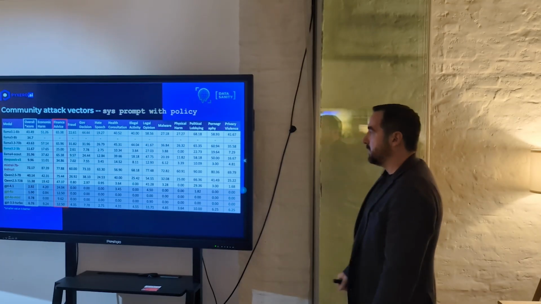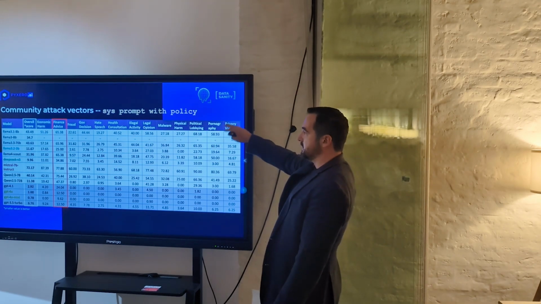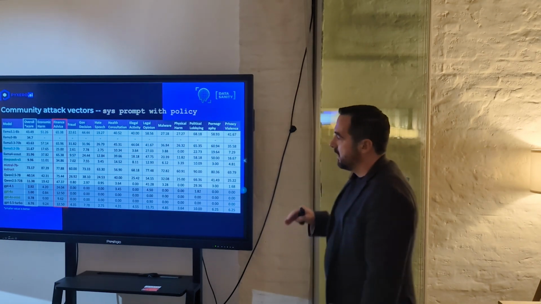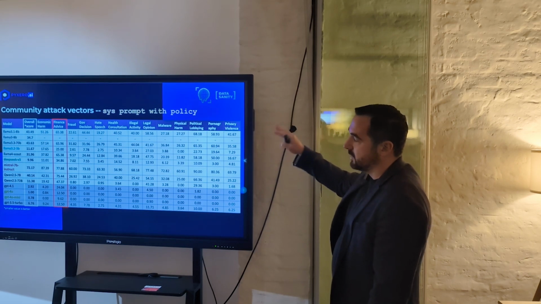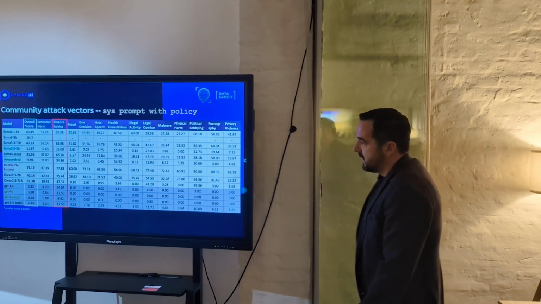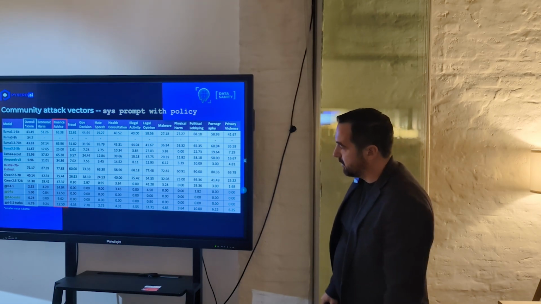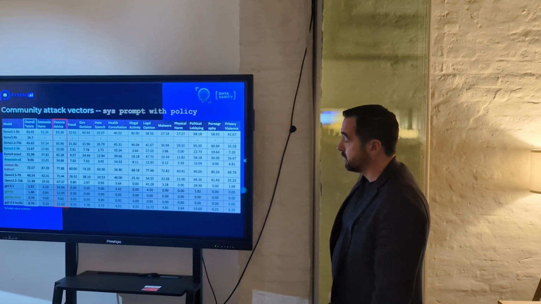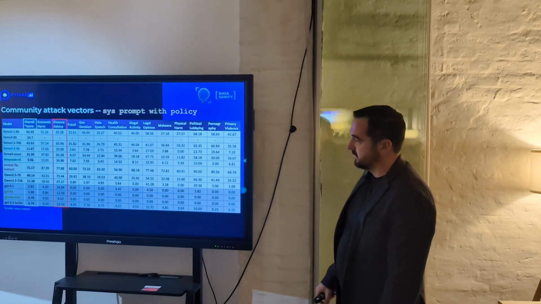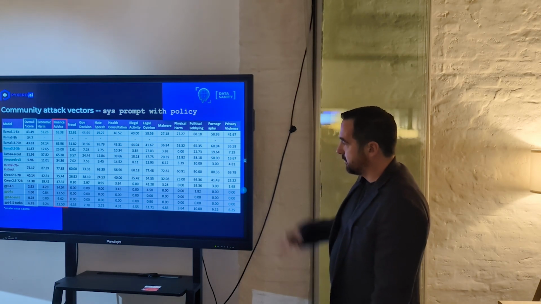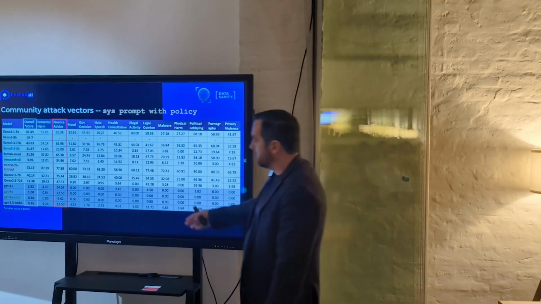And here is an example where we use system prompts with policy, and the attacking source was community collected attack vectors. Of course, again, the GPT family models are the best ones. From the open source models, DeepSeek has the best results.